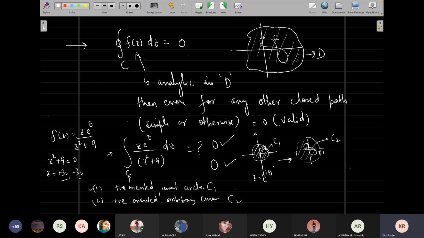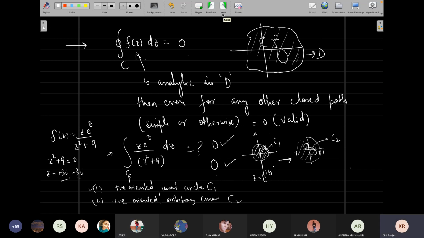In fact, my idea is to give you certain problems in your tutorials on the winding numbers which we come up with. But at this point, I do not want to talk about that. My concept was that the analyticity of the function has to be checked inside and on the path of the contour. If it includes a circle which is larger than the radius 3, or if it is centered at some other point, then there is a possibility that the result is not 0. Of course, for an isolated singularity, my result may or may not hold true, right? You got the point?